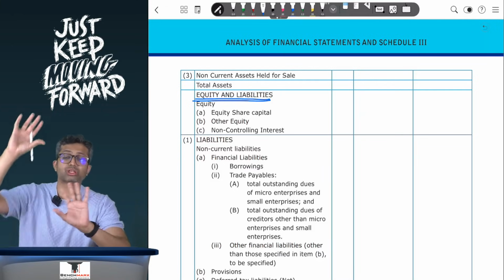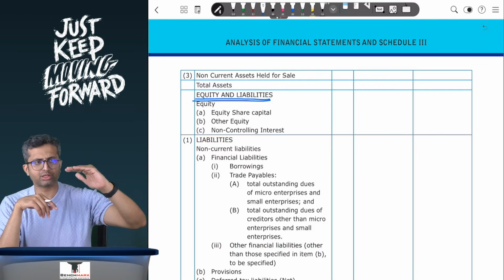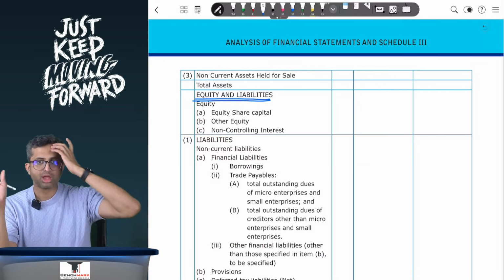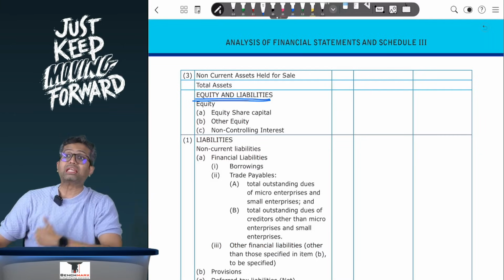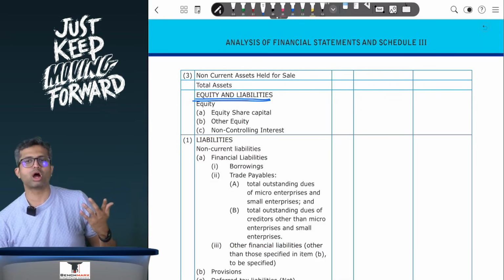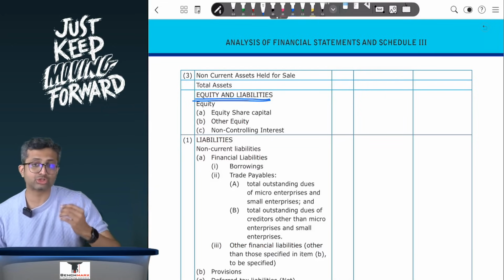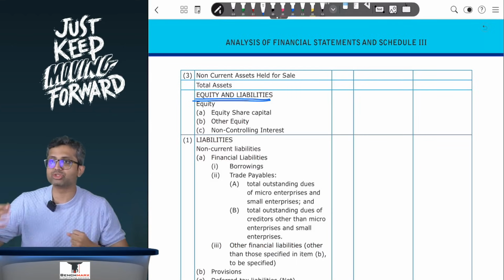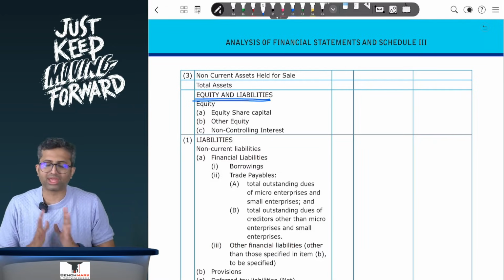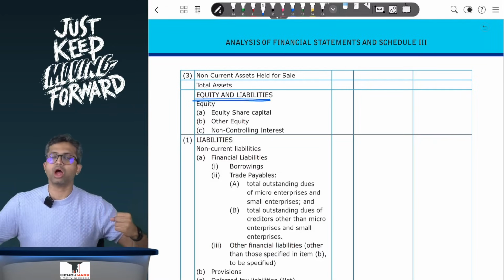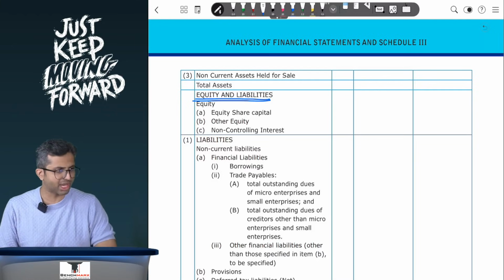shareholders' fund section and non-current liability section. You would prepare shareholders' funds, share capital, reserves, then a separate line item for minorities, and then a separate heading for non-controlling interest. So you did not know how to treat it, and hence AS kept it hanging. Ind AS says there is a financial instruments chapter where there is a definition of equity, which is an instrument which evidences residual interest. Now, for a non-controlling interest, equity is not defined as someone who has voting power or someone who can control. Equity is defined as any instrument which has residual interest, and NCI